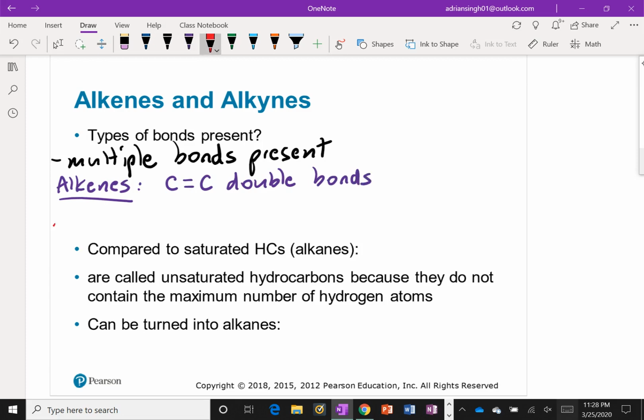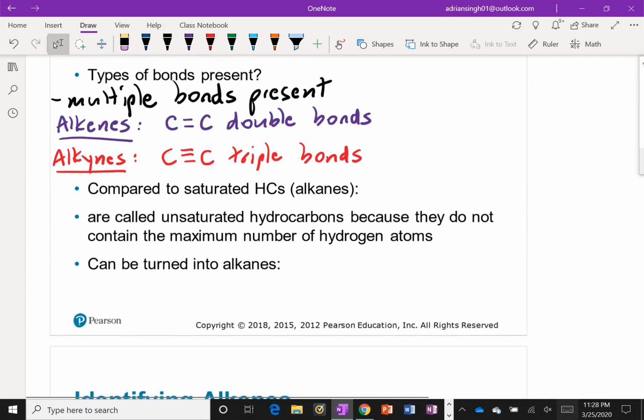And for the alkynes, we're going to see carbon-carbon triple bonds present. When we have compounds that have double and triple carbon bonds present, we call these unsaturated